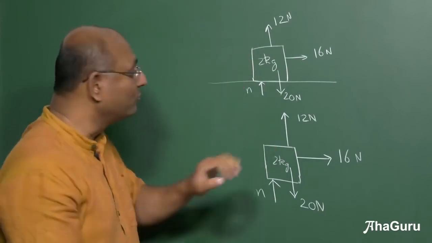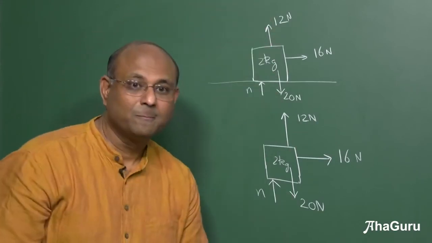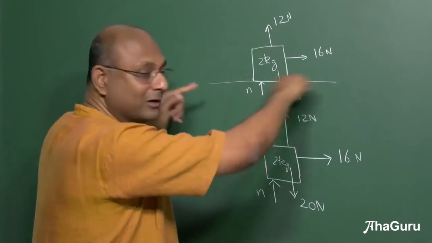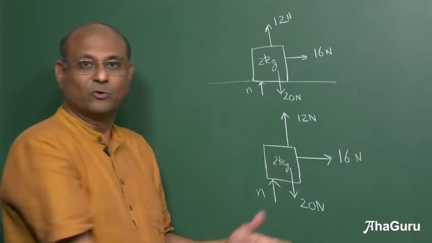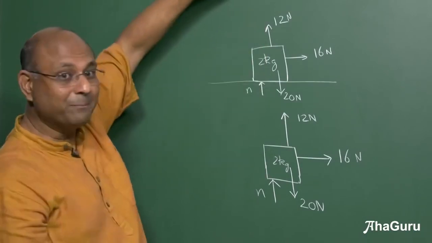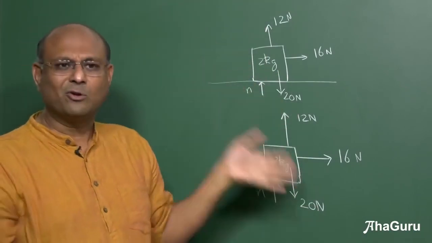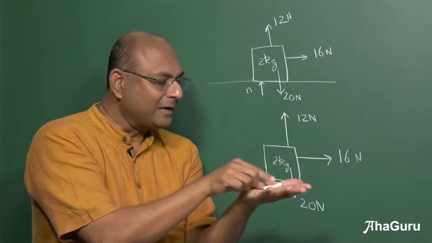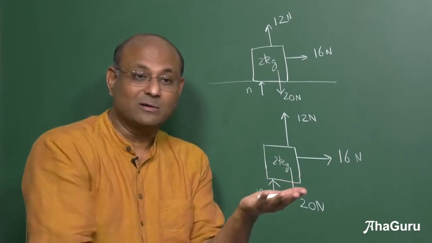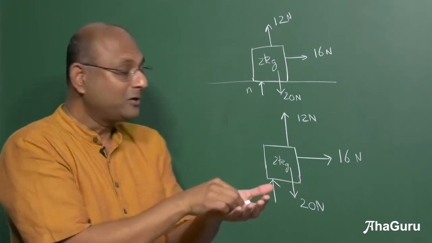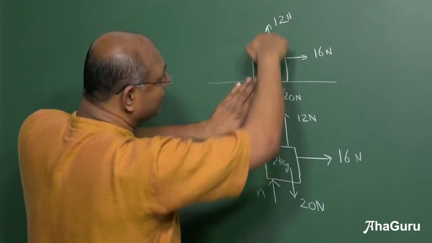Suppose there was no N, it wants to move down. You think that it will be able to move down? Do you think the floor is going to allow it to move down? No, right? If it wants to move up, suppose that was 20 and this was 12, it will move up, no problem. Floor doesn't do anything. If this chalk piece says I want to go up, I won't do anything. But if this chalk piece says I want to go down, my hand is going to block it, because otherwise it's going to make a hole in my hand, right? So this fellow wants to go down.